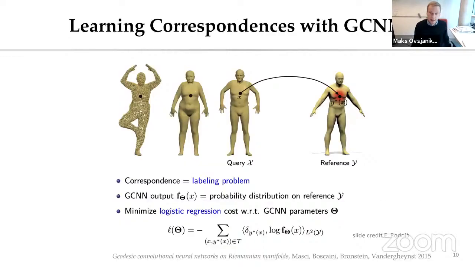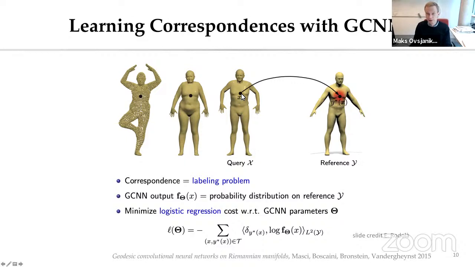So without going into details about the architecture, one thing that I wanted to emphasize is the choice of losses. When you're learning, and actually, shape matching was one of the inspirations for this original work, when you're learning for shape correspondence, how do you formulate the right losses in your learning pipeline? One standard approach is to treat correspondence as a labeling problem. So if you have a query shape X and some template reference shape Y, then for every point little x on the shape capital X,